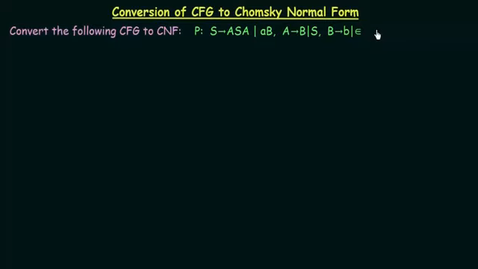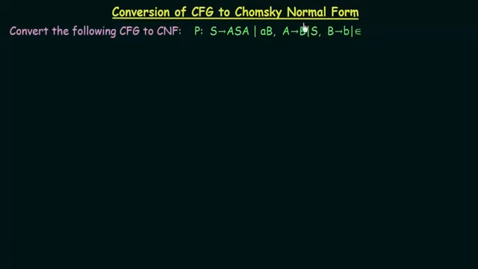In the last lecture, we have studied about Chomsky normal form, and also I have discussed with you the steps that we have to follow in order to convert a given context-free grammar to Chomsky normal form. So, if you have not watched the previous video, I suggest that you watch it first before you proceed with this one. So, in this lecture, we will be seeing with an example of how to convert a CFG to